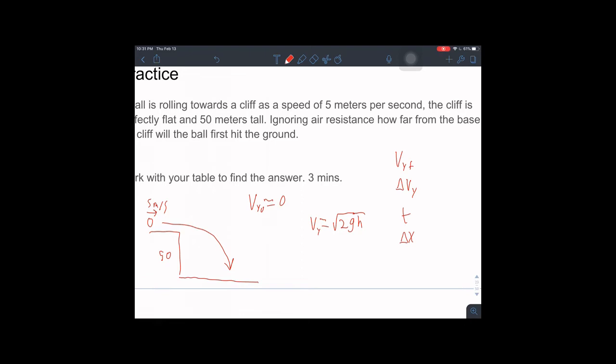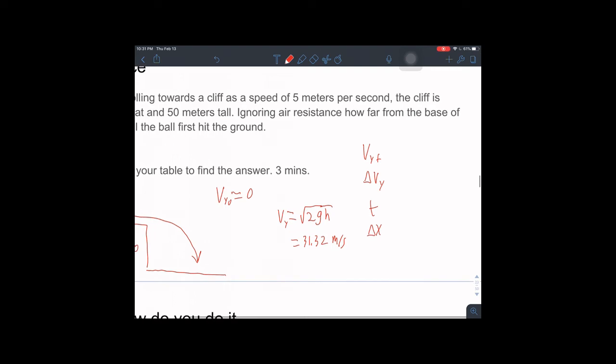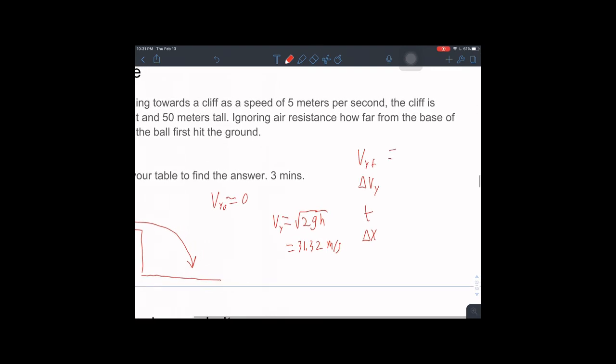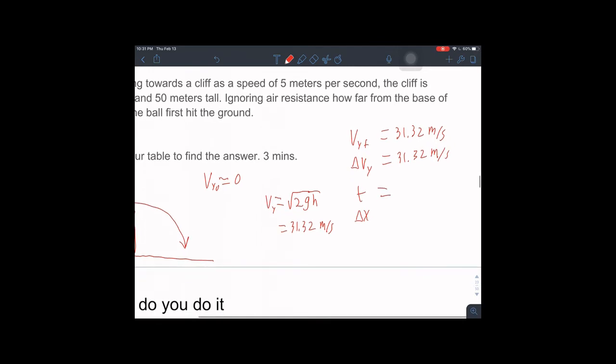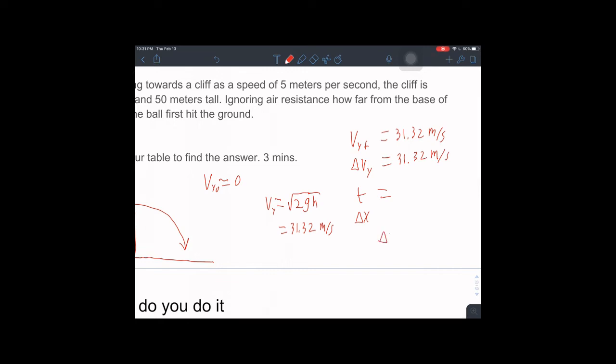Using our calculators, we can solve that the Vy final, using 9.81 as our gravitational constant, is equal to 31.32 meters per second. If we know the y velocity started at 0 and ended at 31.32 meters per second, we know the change is also 31.32 meters per second. So how do we solve for time? There's another equation. Delta v is equal to a times t,